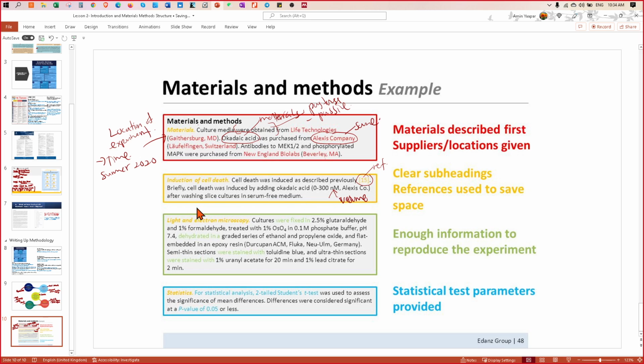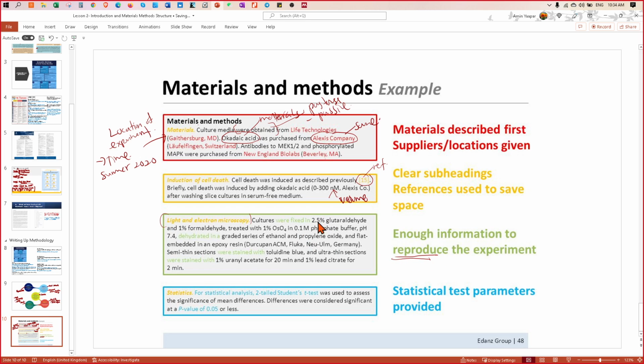Okay, and then maybe you also use some kind of special equipment. For example, here it uses light and electron microscopy. The culture was fixed in 0.5% glutaraldehyde. So whoever in other places, when they use the same technique, light and electron microscopy, can reproduce the experiment.